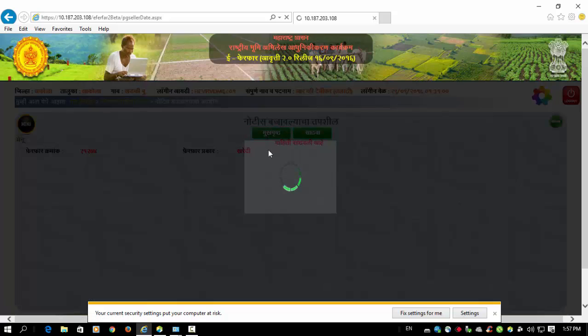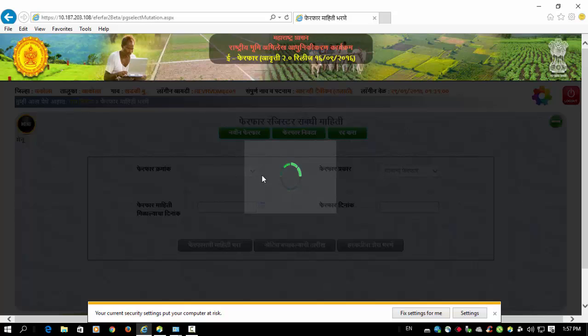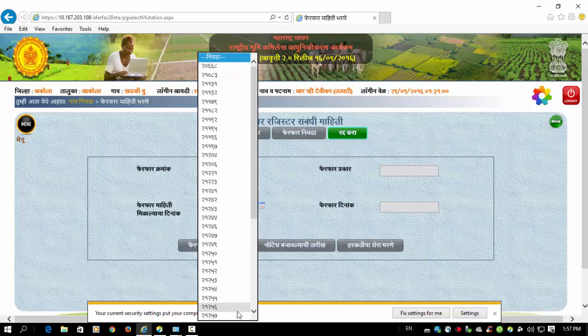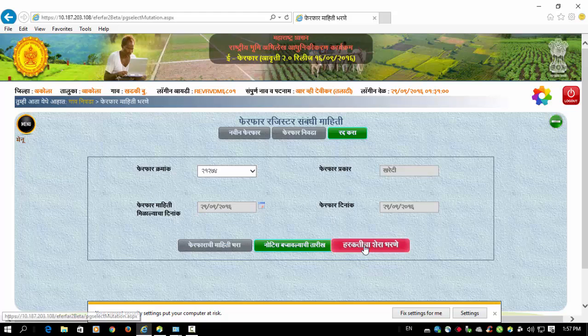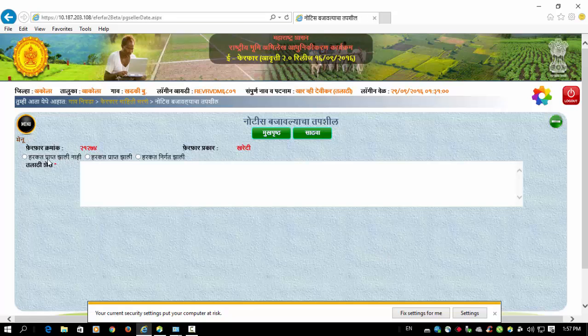Now after filling the dates of notices, we go for the objection details, that is हरकतीची माहिती भरणे. If any objection is there, then they can enter this objection. Now we select the फेरफार number 21274. हरकतीचा शेरा भरणे option is there. This is the last process in this login. After that the process is completed. If the objection comes, you have to write here whatever the objection is.